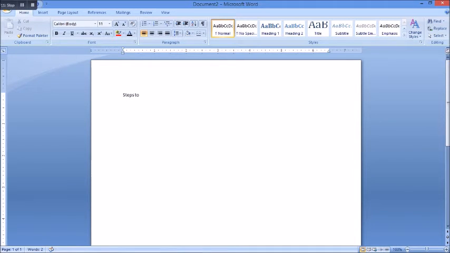Steps to open Microsoft Office Word. Step 1, click on the Start button. Step 2, click on All Programs.